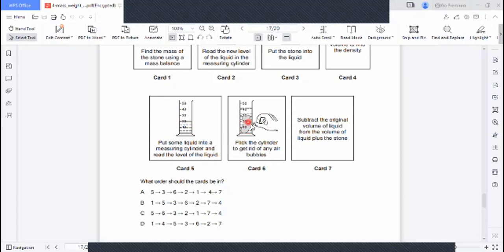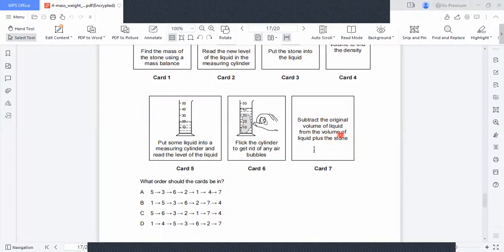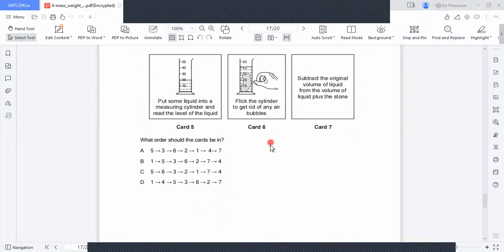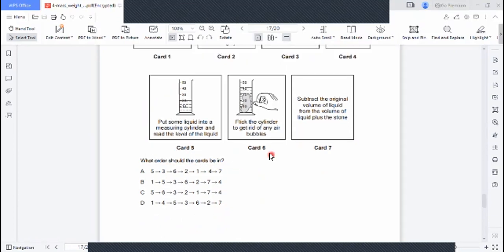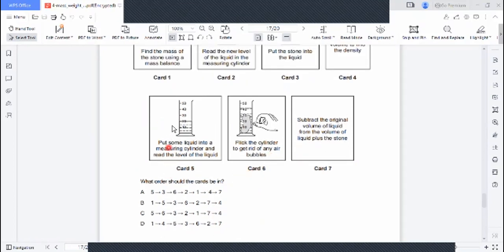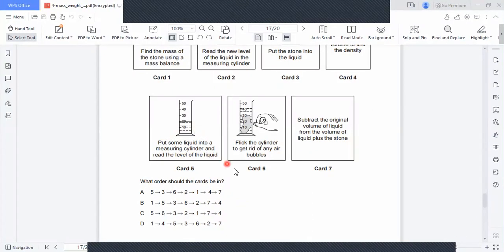Now there would be a new volume. Subtract the original volume from the volume of the liquid plus stone. Okay. What order should the cards be in? Now we need to find out the order in which